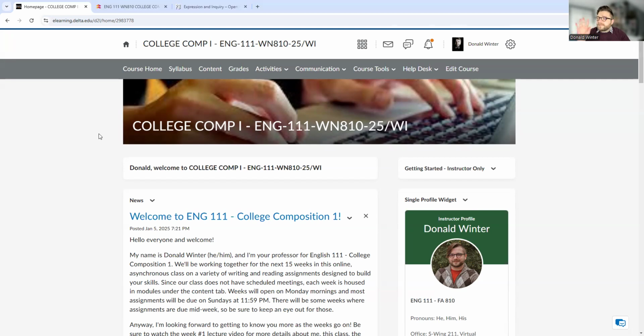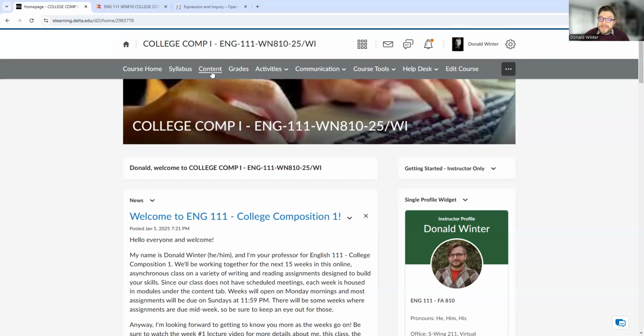So anyway, here are the tabs at the top that you will be using the most. Obviously the syllabus you'll need to read through. I will be providing a general overview of that in this lecture video, but you'll need to look through it and read it because that is literally the all-encompassing document of the class, outlining course policies, outcomes and objectives, grade scales, the course calendar. It's an important document to look over, okay, and I would recommend you do that.